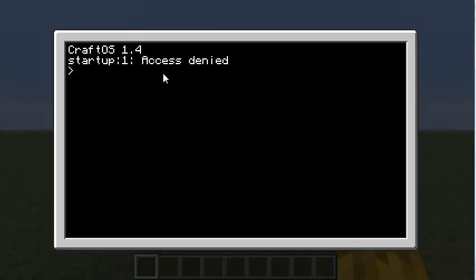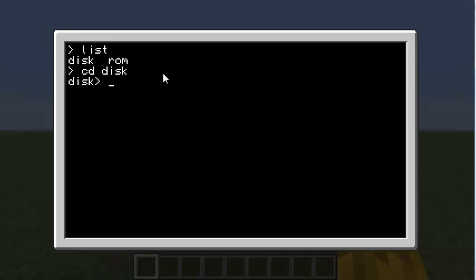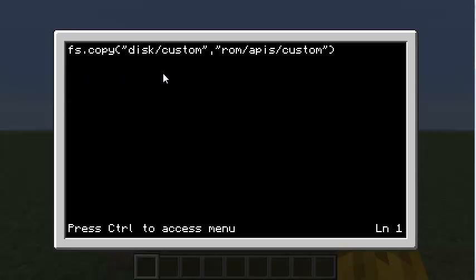So what else are we going to do? Well, we can just copy this custom API wherever we want, and we're just going to specify in our programs to load an API, even if it's not in the APIs folder. So let's go back to this startup program. Oh, we weren't in the disk folder. There it is. Confused myself there. Okay, so instead of ROM APIs custom, let's just put it